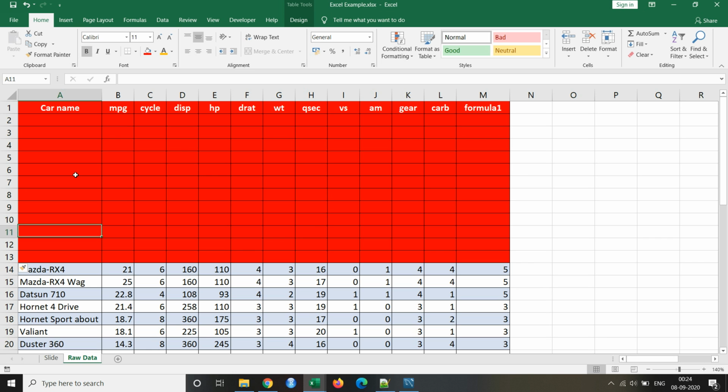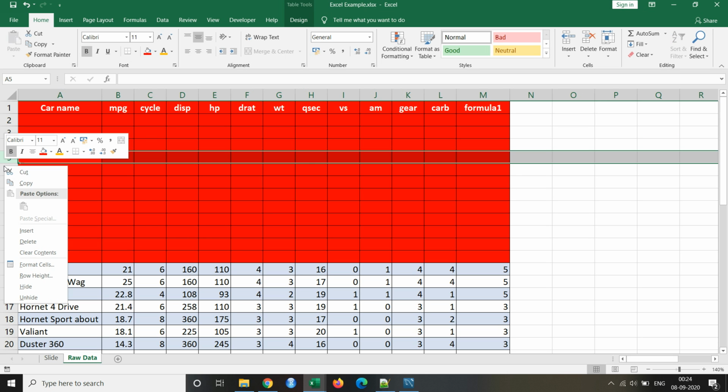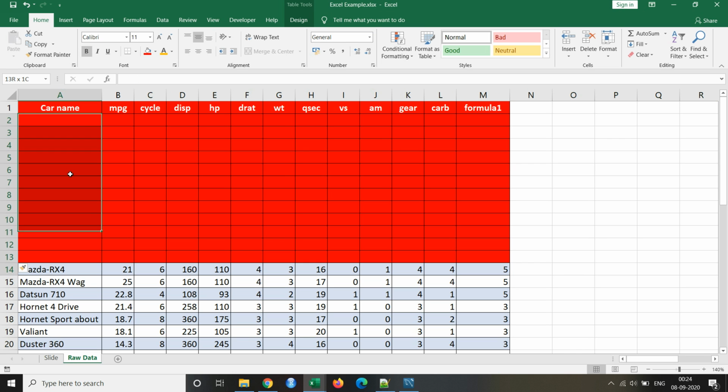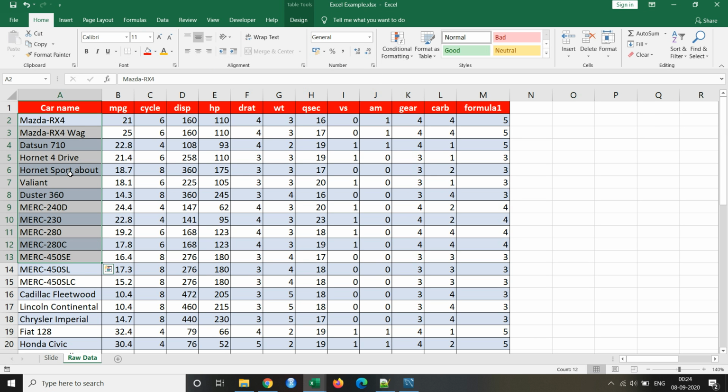And similarly, if you want to delete rows, there are 3 ways. First, you go to the cells which you want to delete. For example, I want these blank rows to be deleted, so I'll select from cell A2 till A13. Sorry, my mistake. So I'll select these cells of the rows which I want to delete. Then I'll use the shortcut first, which is Alt H D and R, which will delete your selected rows.